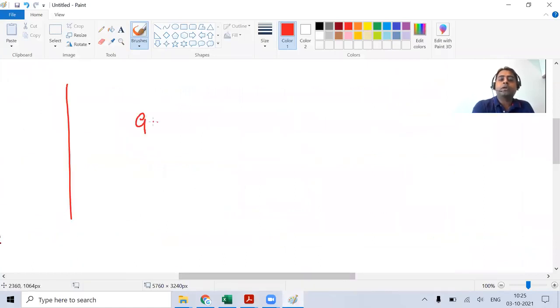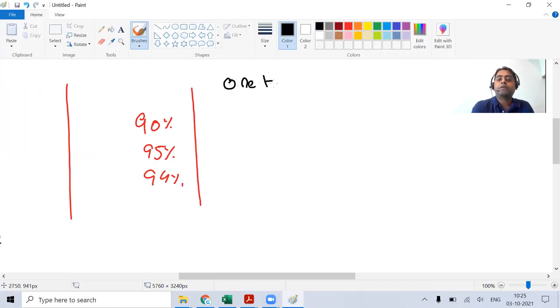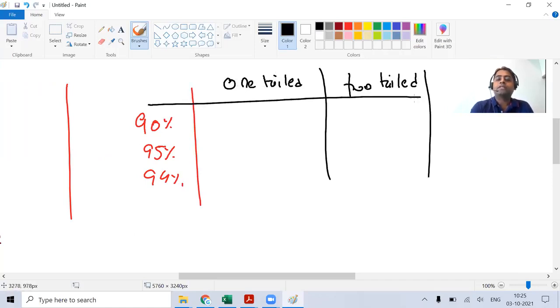I'm just quickly looking out for some numbers from you guys so as to reiterate the points which we have seen in level 1. One-tailed and two-tailed. Can you guys first give me the details of one-tail? 90% one-tail, what would be the number? 90% one-tail, what would be the number?